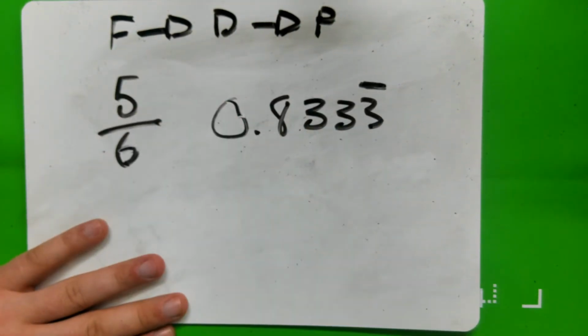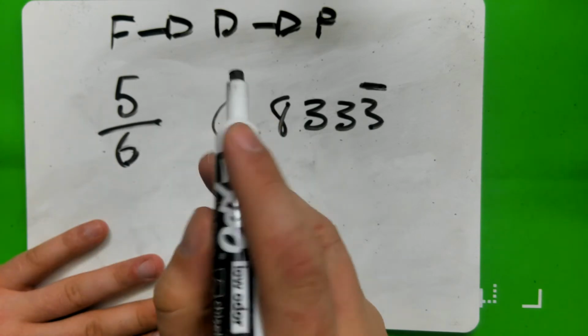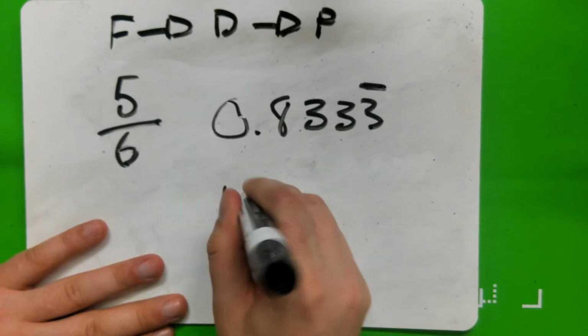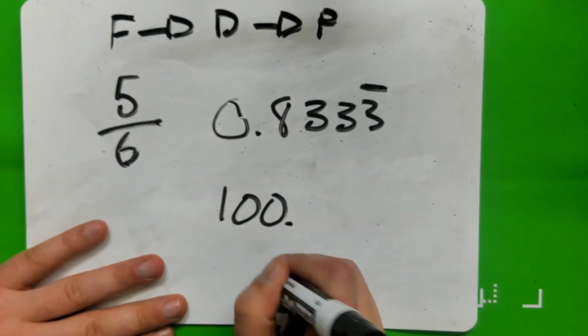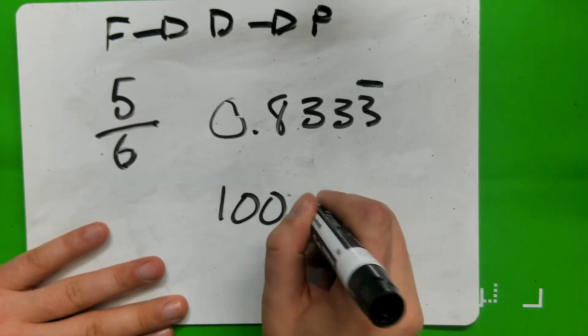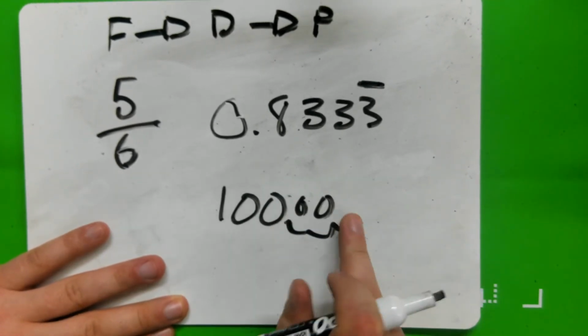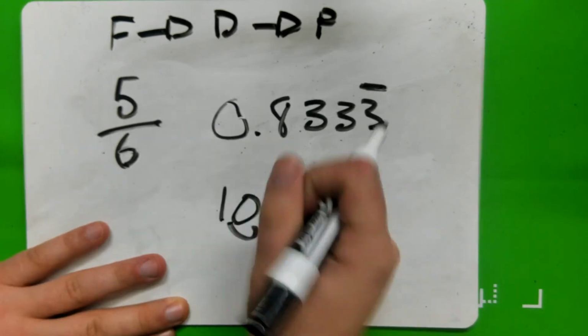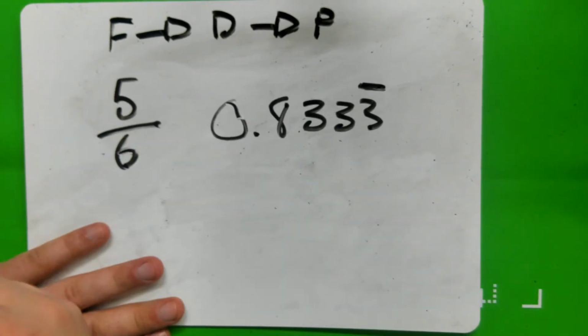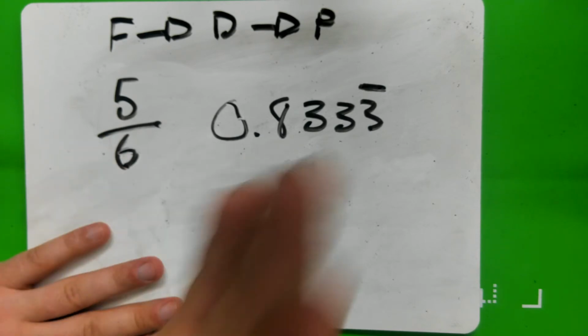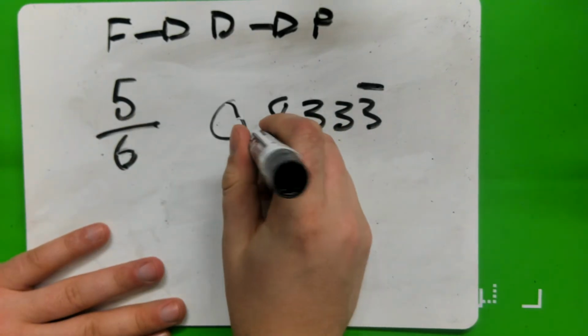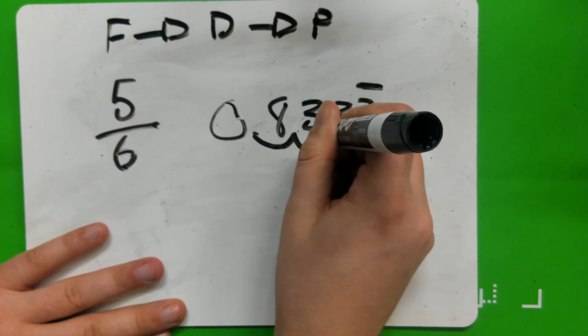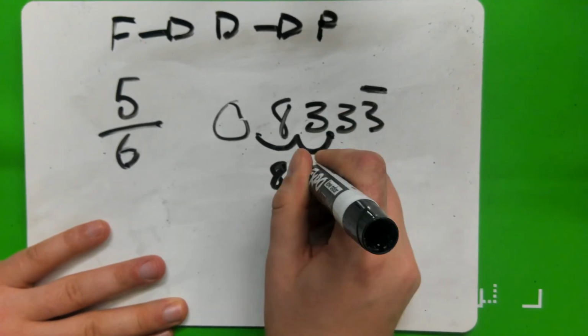Remember, if you're going from decimal to percentage, the number should get bigger, so you need to move to the right. Okay, if you had 100, right, and your decimal place is here, if you moved it to the right, you'd have 10,000. That is a bigger number. If you moved it to the left, you get 1, a smaller number. Okay, so right bigger, left smaller. So we want a percentage that's going to be bigger than our decimal, move it to the right. Once, twice to the right, we get